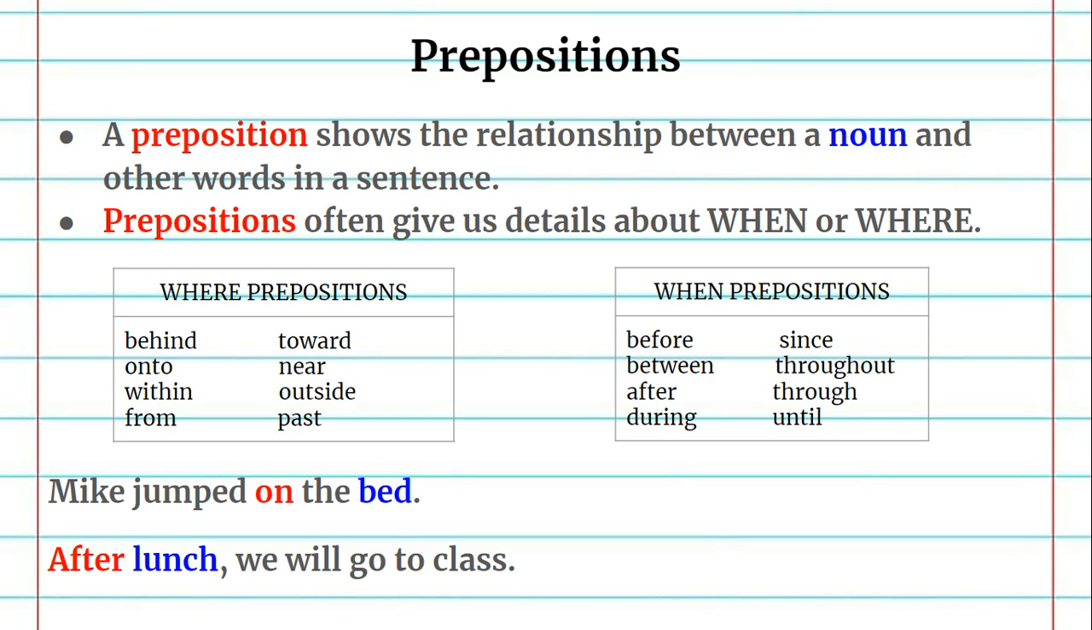Prepositions show the relationship between a noun and other words in a sentence. They often give you details about when or where the action of the sentence is occurring. Where prepositions include behind, onto, within, from, toward, near, outside, past, and when prepositions